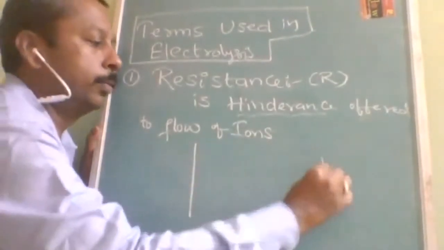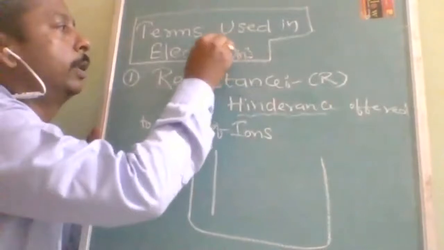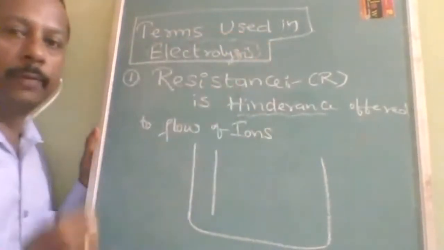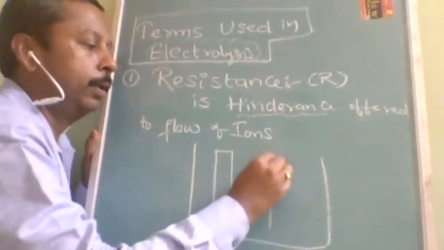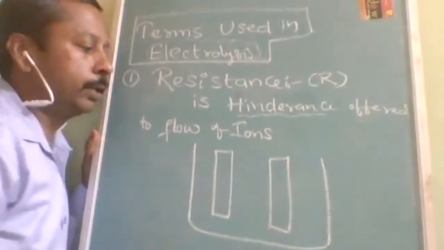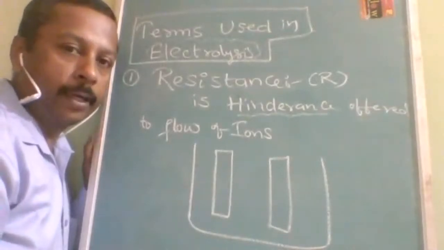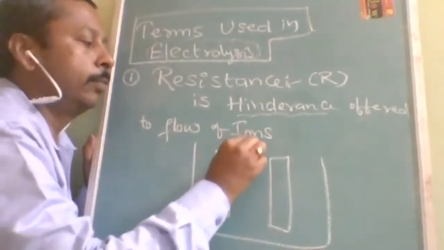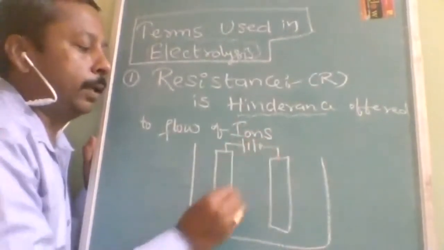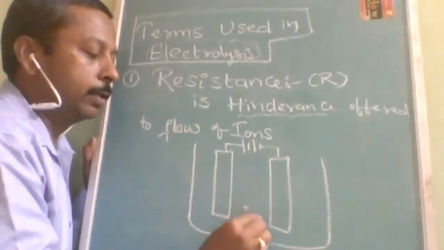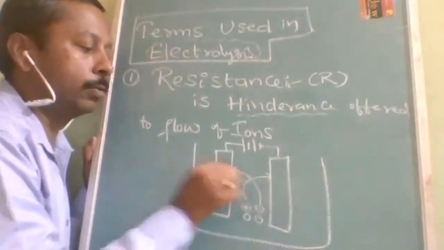How? Suppose we have an electrolytic tub. Here we are talking about electrolysis, and everybody should be aware of it. In electrolysis, there will be only one electrolytic tub. Normally, if it is an electrochemical cell, then there will be two electrolytic tubs, one for oxidation and another for reduction. Now, when the electrodes are connected with the battery, let us take this as a positive ion and this as a negative ion. The positive ion reaches the negative electrode, and the negative ion reaches the positive.